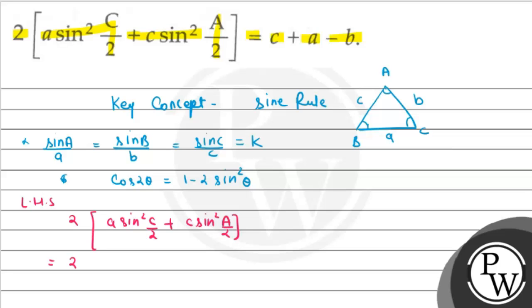Now here we can write, in the place of sin square theta, from this formula, 1 minus cos c upon 2. According to this cos 2 theta formula, plus from the second we have to write 1 minus cos a upon 2. This is a close bracket, this is a close bracket. After solving this, the 2 cancels out by it. So now we have here